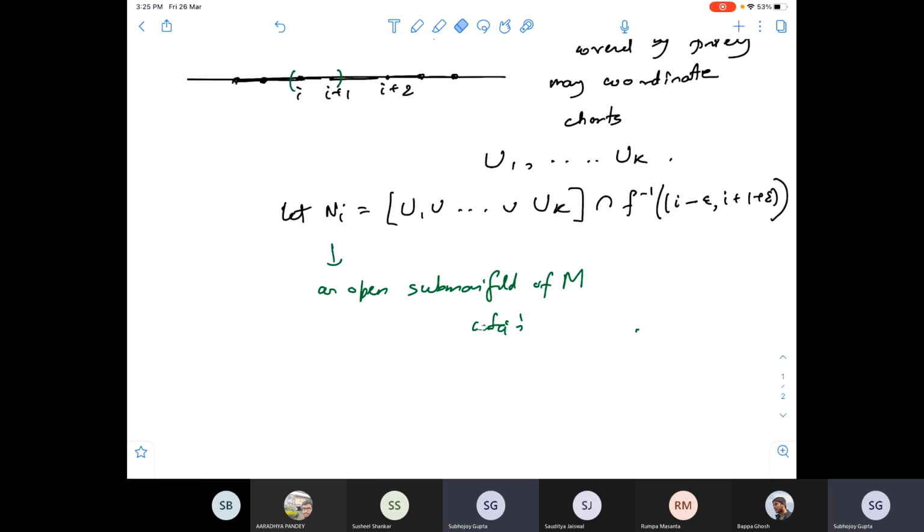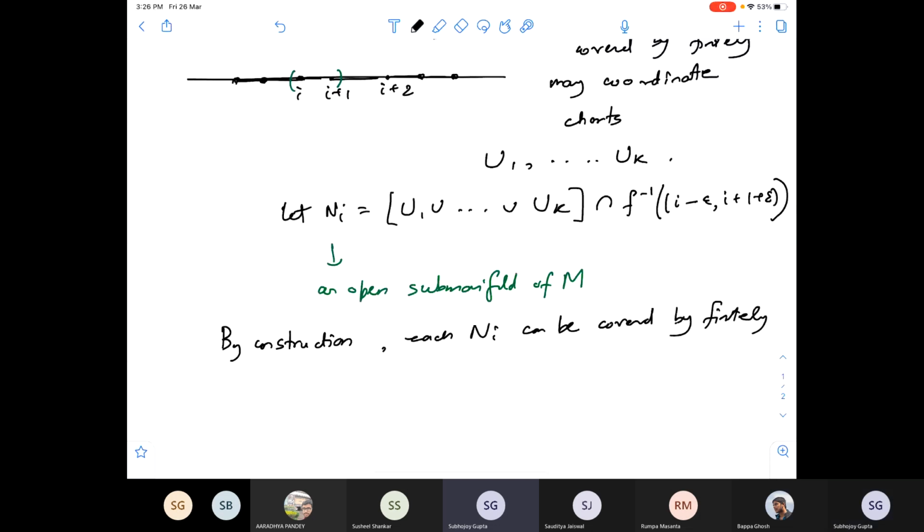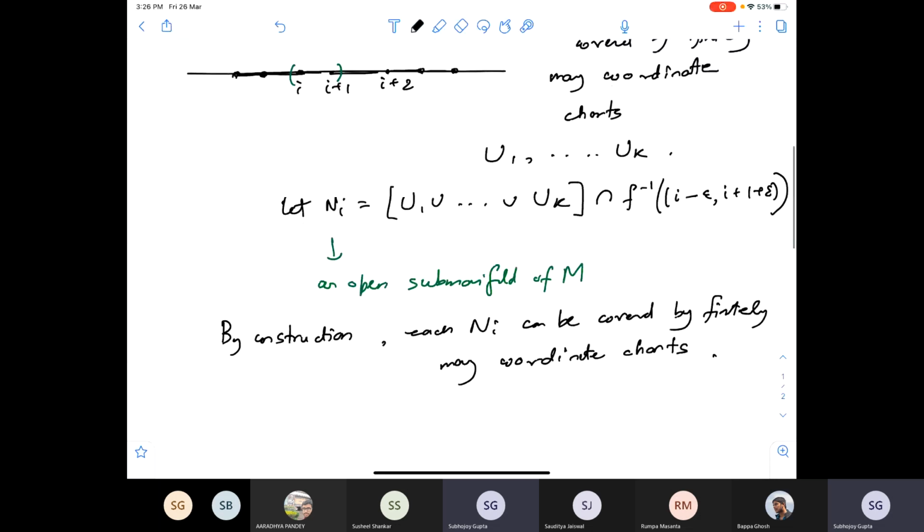what's important is that by construction, if you vary your i's, each of these ni's can be covered by finitely many coordinate charts. And this is number one,